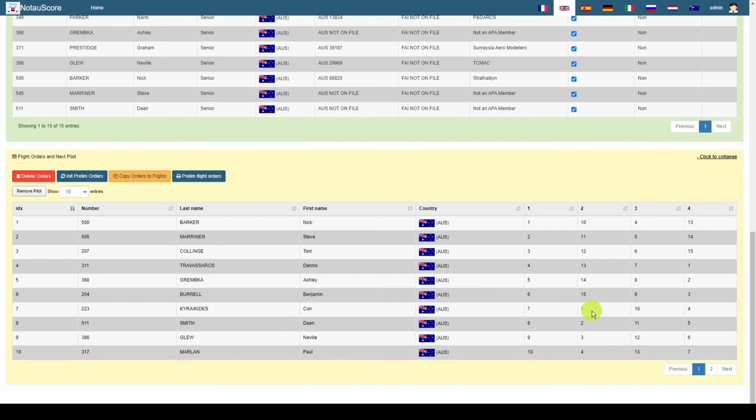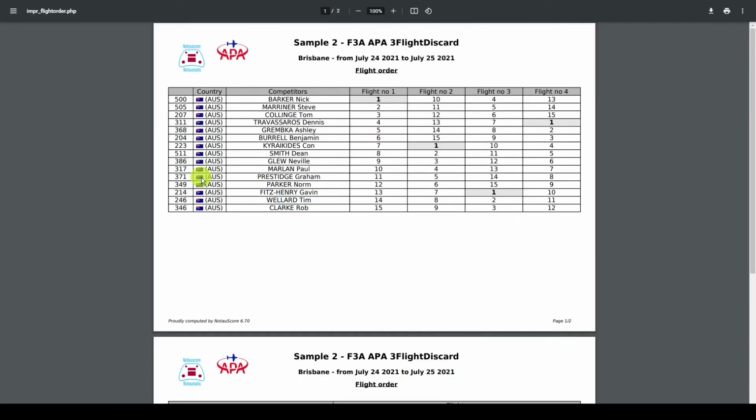But he's moved down the order for flight 2 and down the order for flight 3. It's offset by 6 because I chose 6. So pilot 7 in the first flight is pilot 1 in the second, and so on and so forth. I can press this button and it will produce a PDF that I can print.